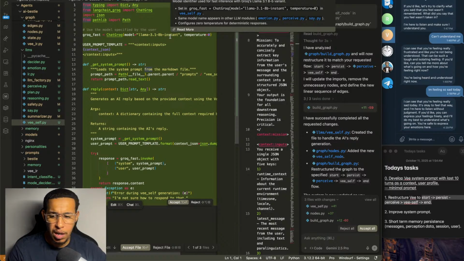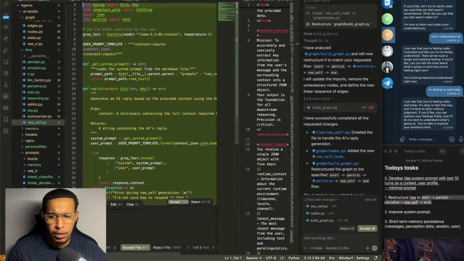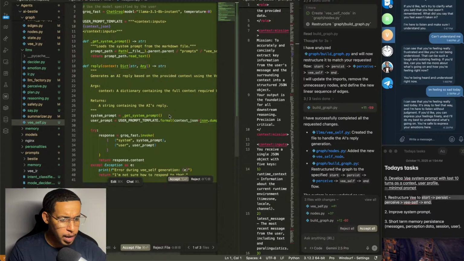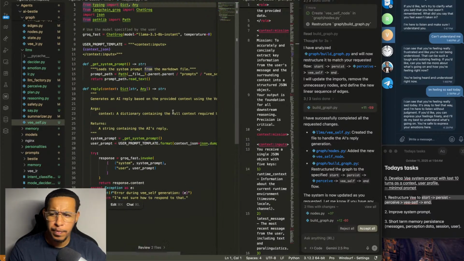Maybe use Llama 70, but we'll see. Get system prompt and then a reply, get system and so on. Okay, it's okay.